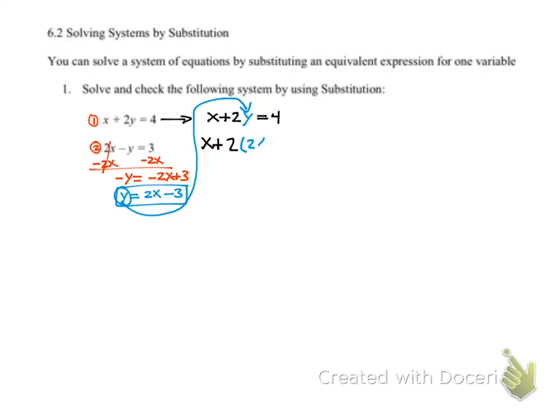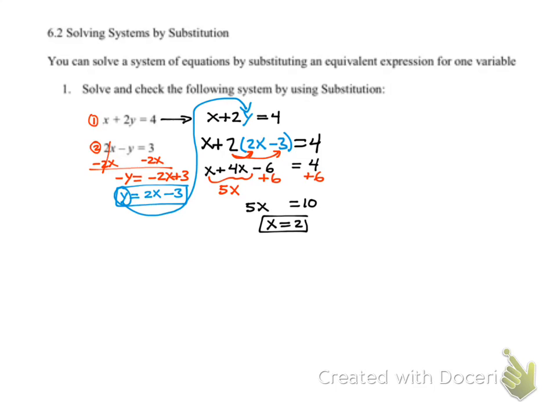So this is why it's called substitution method, because I am substituting 2x minus 3 in for y into the first equation. So from the second equation, the value of y is being substituted in for the first equation. So now I have to solve simple arithmetic here from chapter 2. So I have to distribute the 2 to both terms, and that gives me then starting to simplify it. Then I combine like terms, and then I add 6 to both sides, and then 5 times 2 is equal